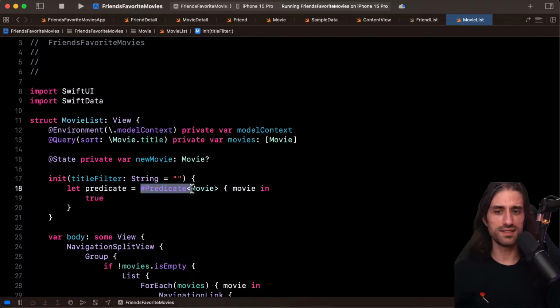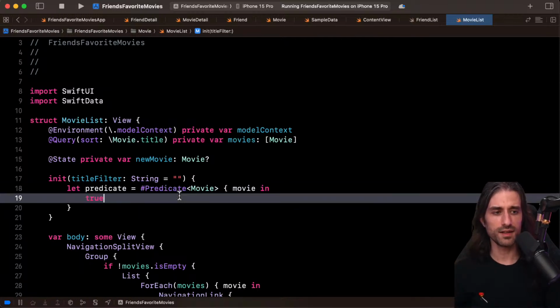That's because this is actually a macro, and the reason is that we could implement any kind of closure that returns a Boolean, but the problem is that this closure would contain arbitrary code. But when you implement a predicate in the database realm, usually, if you do a contains, for instance, like does the movie title contain this string, or does the movie title start with this string, you want a way to translate this into a primitive in your database system.